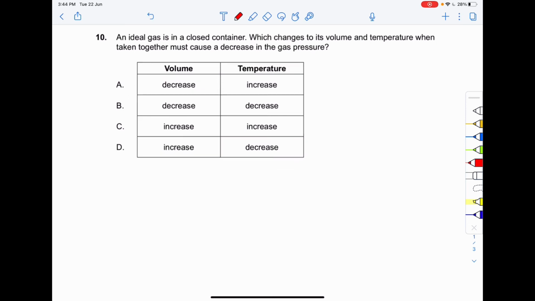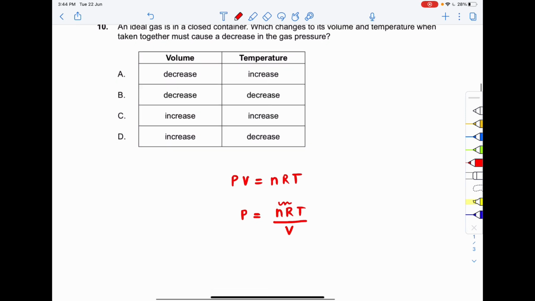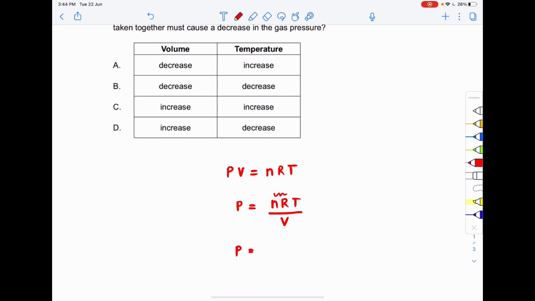As the gas is ideal, over here I can write that PV is equal to nRT. So from here I can write that pressure is nRT by V. Now see that nR is a constant, number of moles into universal gas constant. So as it is a constant, I am replacing nR with a constant k. So over here, kT by V.